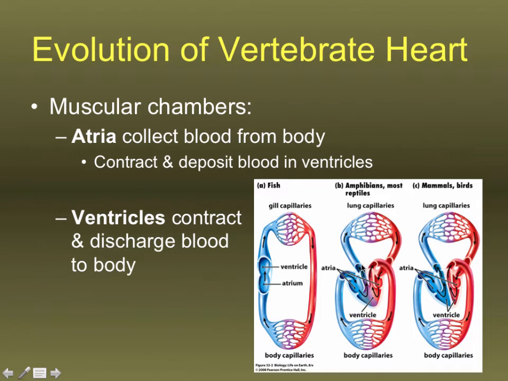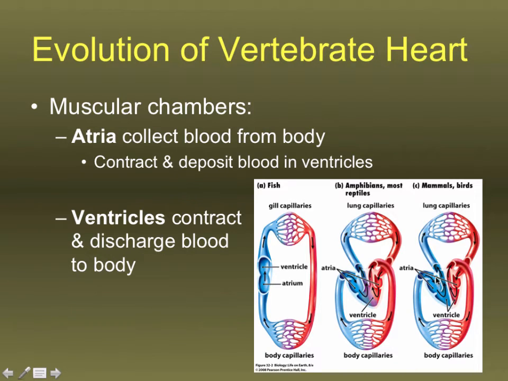We see a loop of circulation going from the right side of the heart over here, right atrium, right ventricle, out to the lungs, into the skin in the case of amphibians, back into the left atrium, the left ventricle, and then out to the rest of the body. So there are 2 separate loops. The loop between the heart and the lungs,